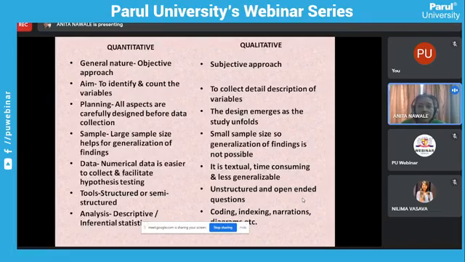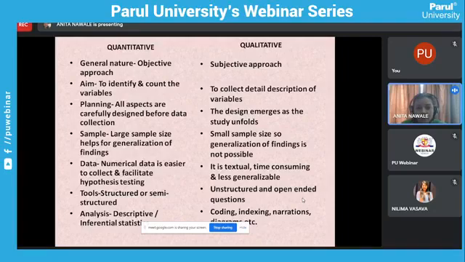Next is flexible and elastic. As I told you, quantitative has a fixed method of data collection. You have a questionnaire, you have a fixed number of questions, and you have alternatives given, and the person has to choose from that. So no options for the person. Whereas in qualitative, it is flexible and elastic. If you find that you can take an in-depth interview of that person, you will go for that. If you feel that you need some more observation, then you can observe that person indirectly. So you have flexibility and elasticity for data collection methods.